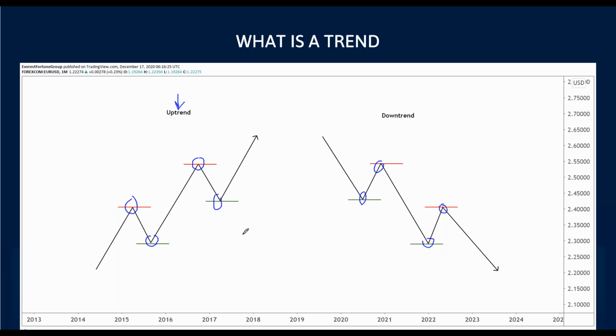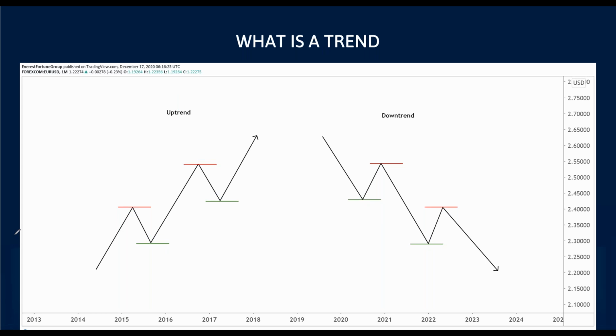Okay, so not trying to fluff you guys, but really, this is really important in understanding market trends and market structure. So now that we know the characteristics of an uptrend and a downtrend, let's go back